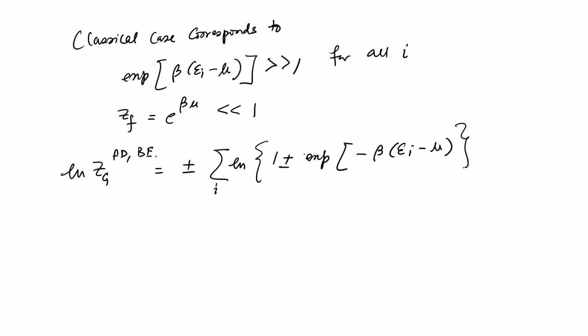So, that is the log of Zg, and we may actually calculate this expansion by noting that the plus sign is for fermions here and the minus sign is for bosons. Okay. So, if you expand this above expression in a small parameter,